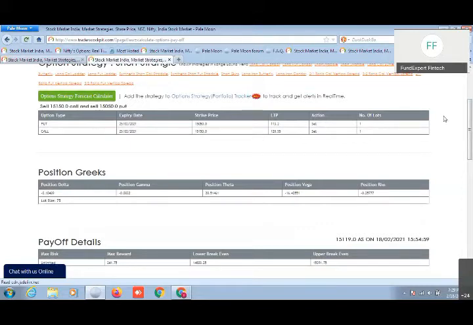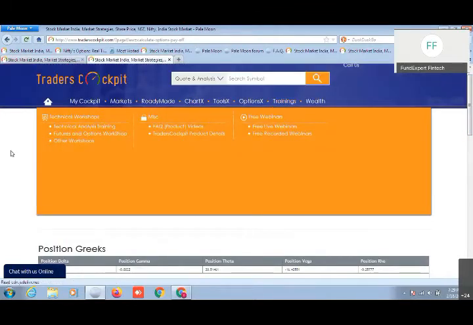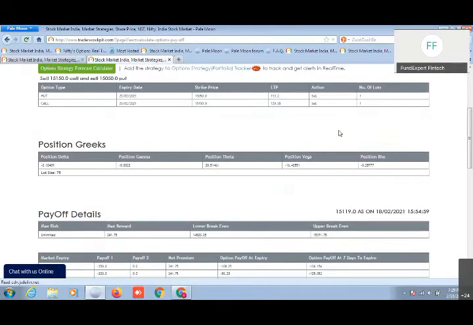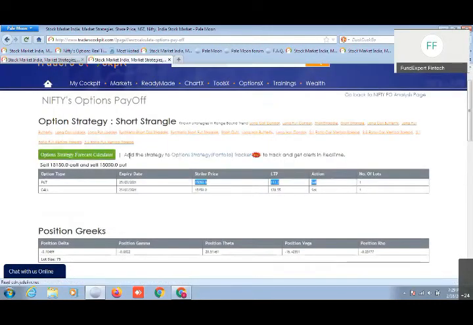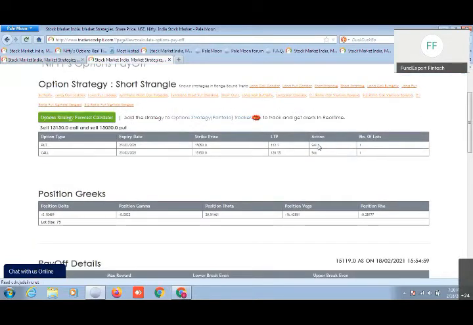Suppose I executed a short strangle strategy, which is for a range bound condition. Now accordingly it automatically takes into picture the current at the money and in the money scenarios and shows to you what we did, a short strangle. In a short strangle we sell a put option as well as we sell a call option also, both selling. Similarly, a long strangle will be something wherein we buy a call option and we buy a put option also. Now in the short strangle here, we do a long strangle in terms of volatile markets. Either it can be going up or it can be coming down. Now here, suppose for example, in this one, we did a short strangle. We are selling an out of the money call or put option as well as we are selling an out of the money call option.